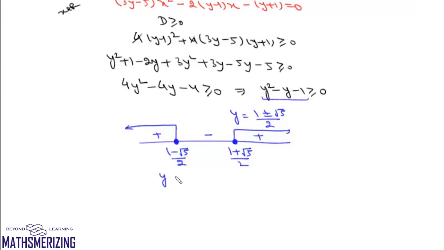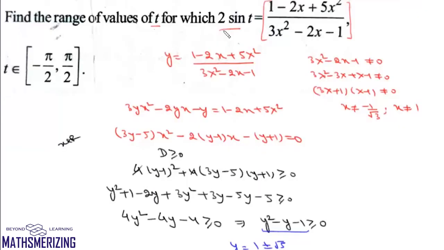So either y is less than (1 minus root 5)/2, or y is greater than or equal to (1 plus root 5)/2. Now if we look at this equation, we know that 2 sin t is actually equal to y, and we now have the range of y. So now we can write